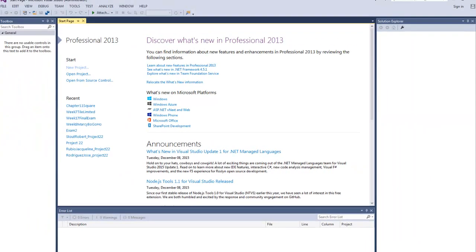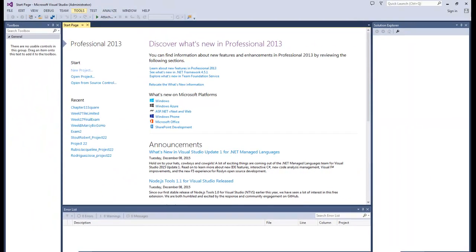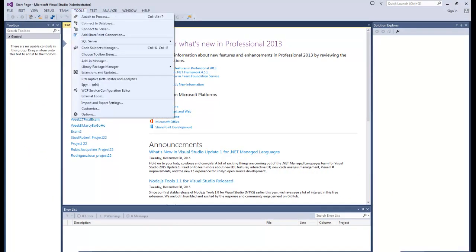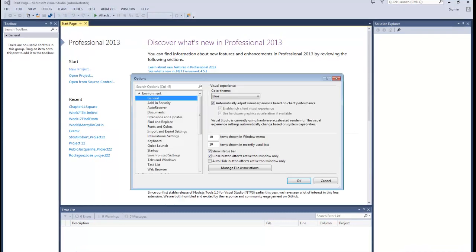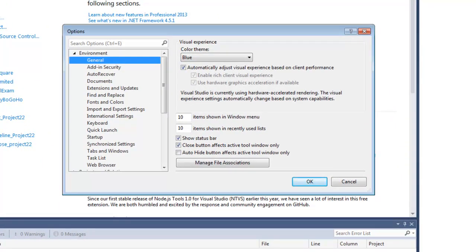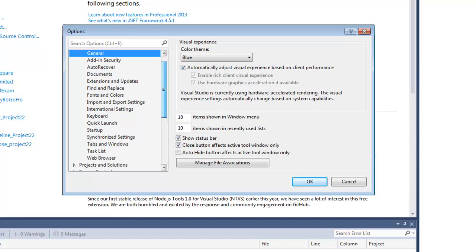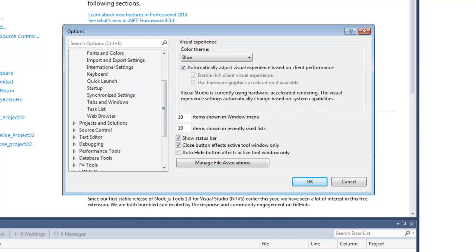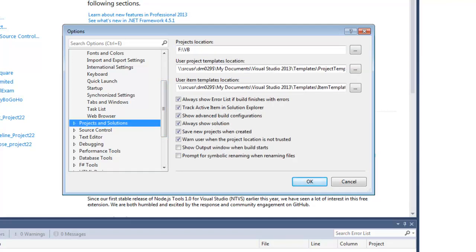Okay, now let's go back to Visual Studio. Now first thing I want to do is go to Tools, Options, and in this window I want to scroll down to Projects and Solutions. I click on Projects and Solutions. On the right hand side,